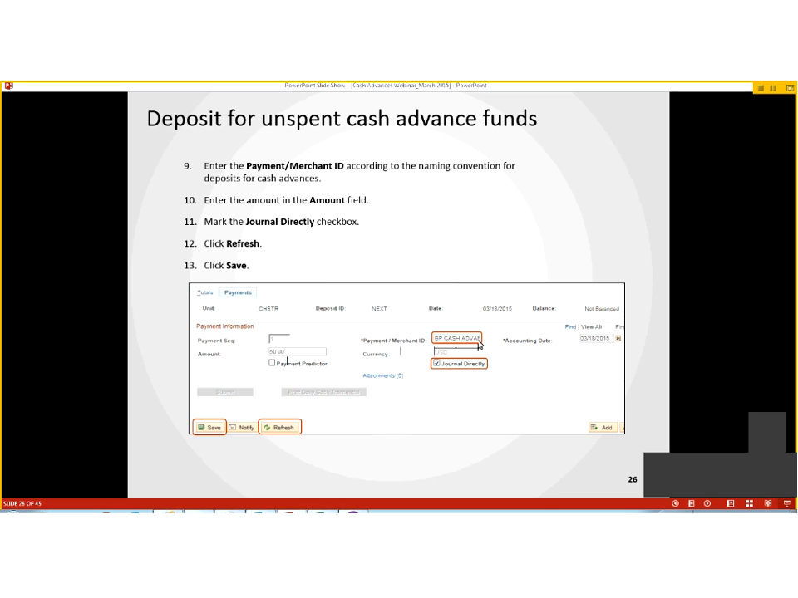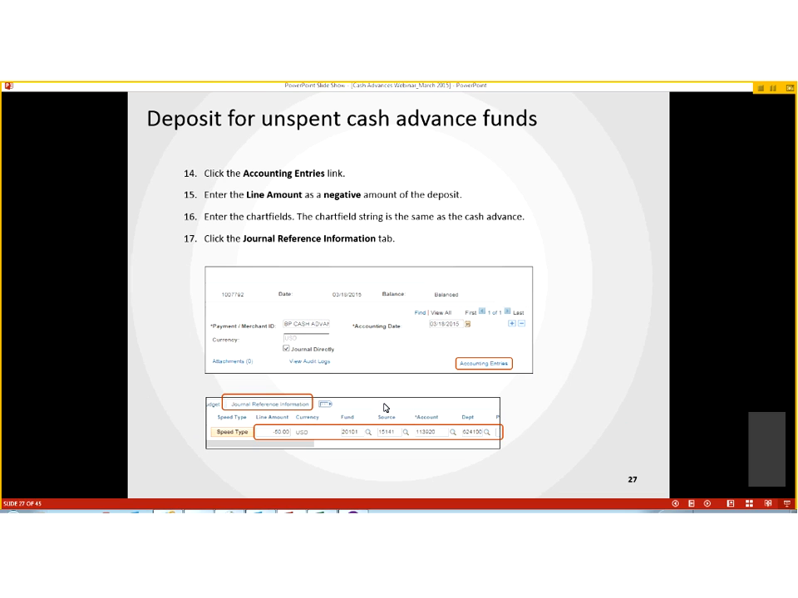And then in the amount here again, you put $50. Here's where that naming convention comes in for the deposit. Put BP Cash Advance. Click this Journal Directly checkbox. Click Refresh. Click Save. This all here, I'm going to go a little bit quickly because this is just now standard processing for deposits. There's nothing different here about